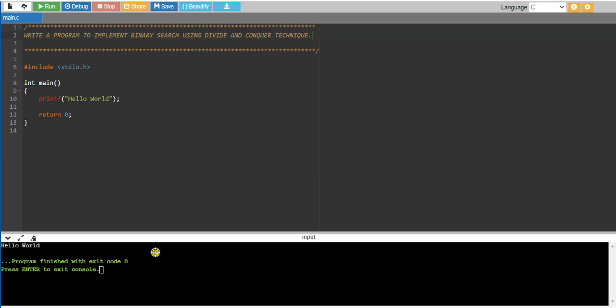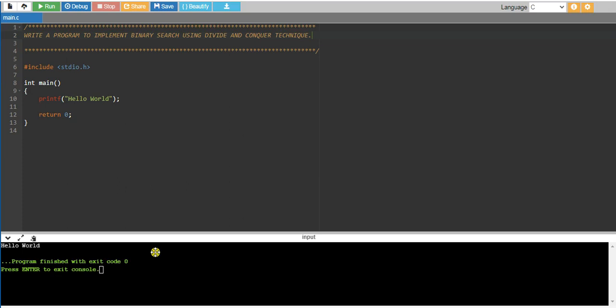We applied the BFS, that is breadth first search, and DFS, that is depth first search, for finding the paths, the shortest paths, or visiting all the nodes of the given graph. That is all that we saw in the previous session.